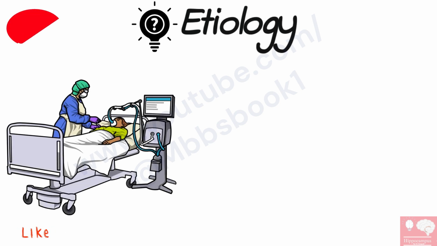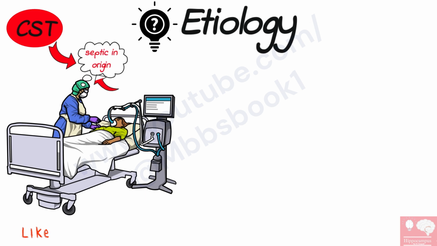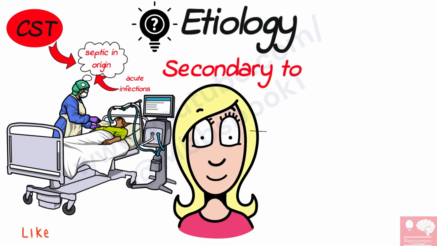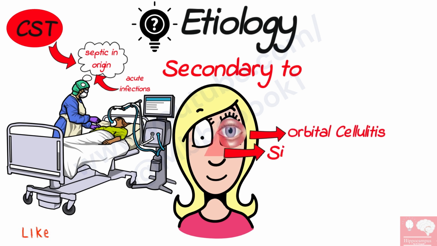Let's look at the etiology. Most cases of cavernous sinus thrombosis are septic in origin and arise from acute infections in otherwise healthy individuals. Cavernous sinus thrombosis is often secondary to infection from orbital cellulitis, a cutaneous source on the face, or sinusitis, diabetes mellitus,